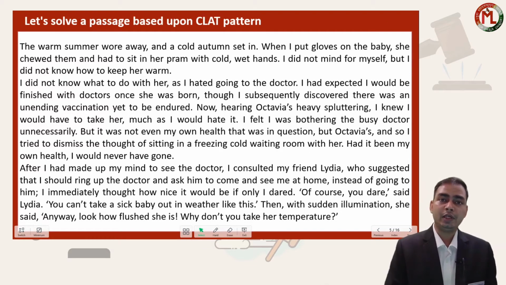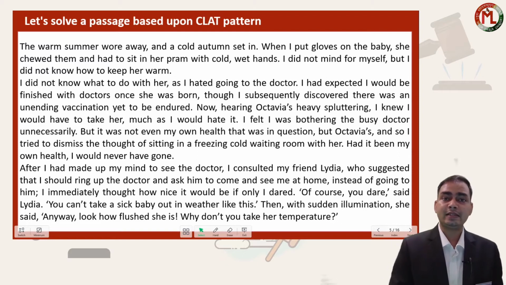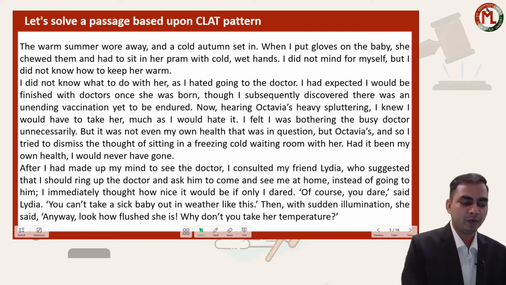I am going to tell you here how a beginner should start reading the passages. If you are very good at passages, you can read in flow, but if you are not good at reading and if you have not practiced a lot, my suggestion is to read each word of the passage and try to understand the meaning at the same time. Let us understand and read the passage word by word.